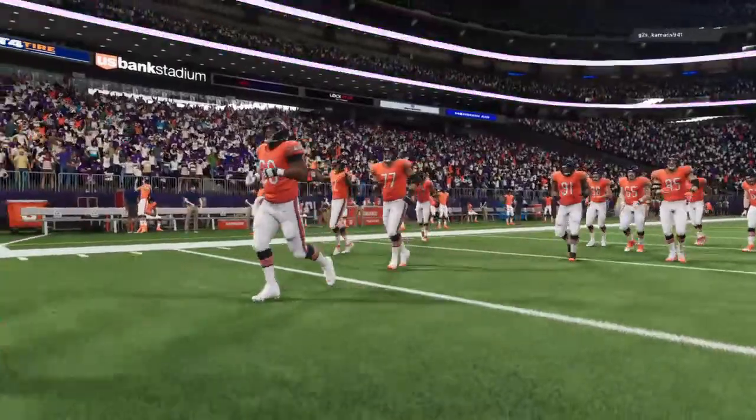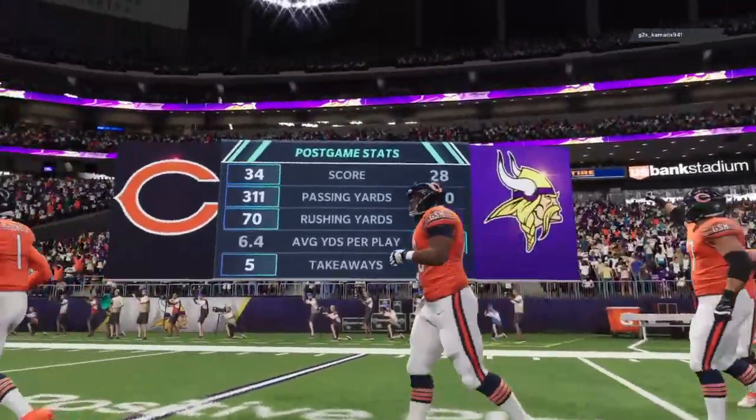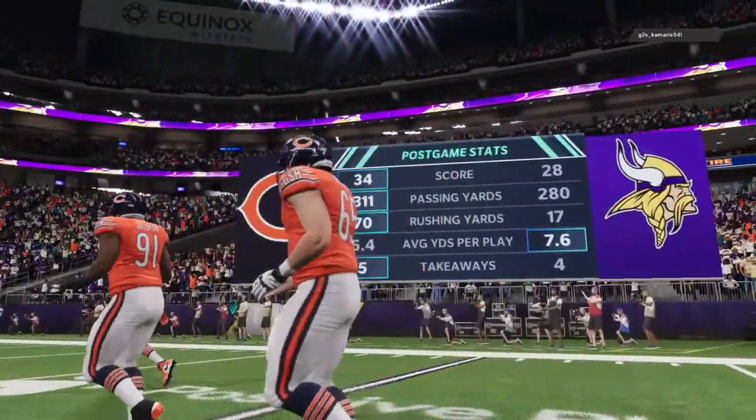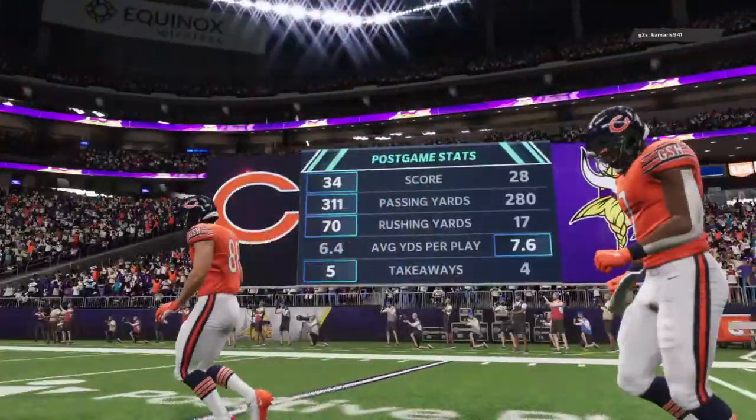But how much fun was that? We had that type of a game where we got to overtime, and then we get the dramatic ending to finish things off as well. What a game. So for Chicago,